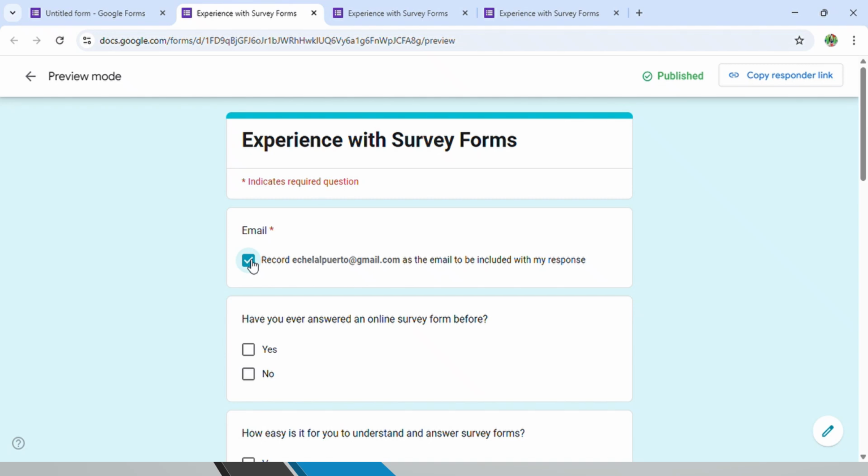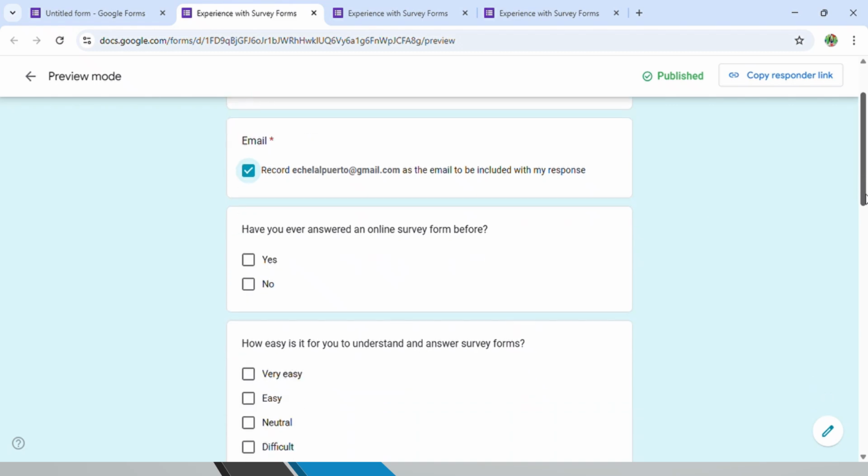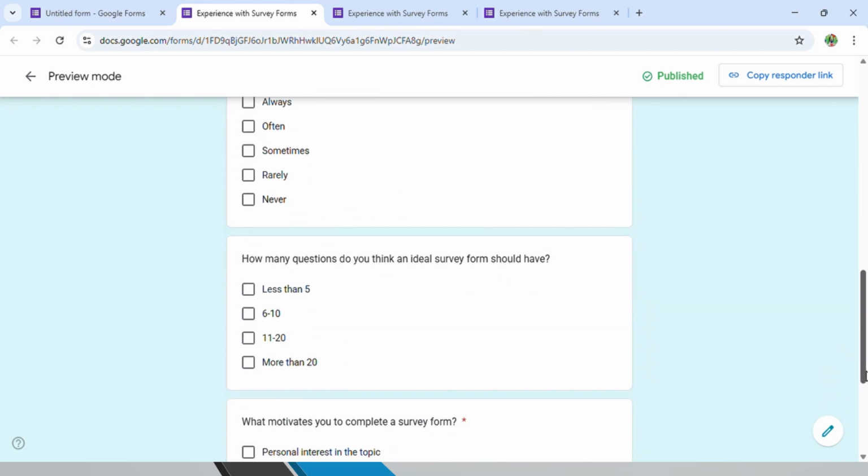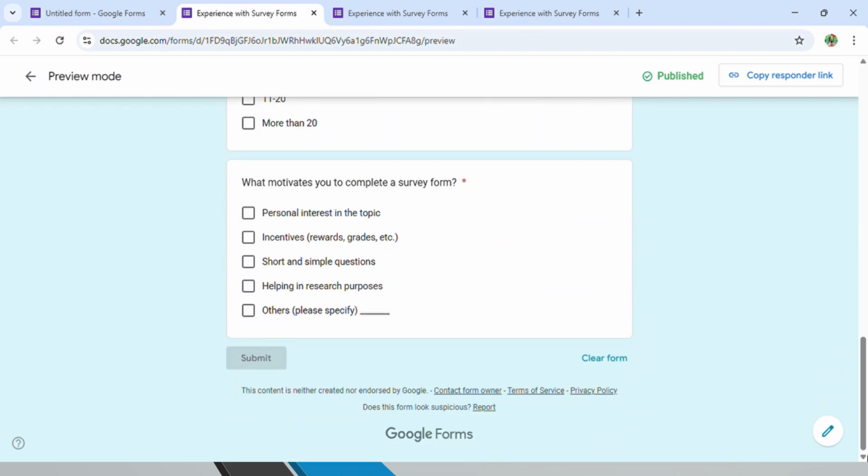The respondents need an email to answer this. Then after answering the questions, the responses can be submitted. Just click this one, submit. And that's it.